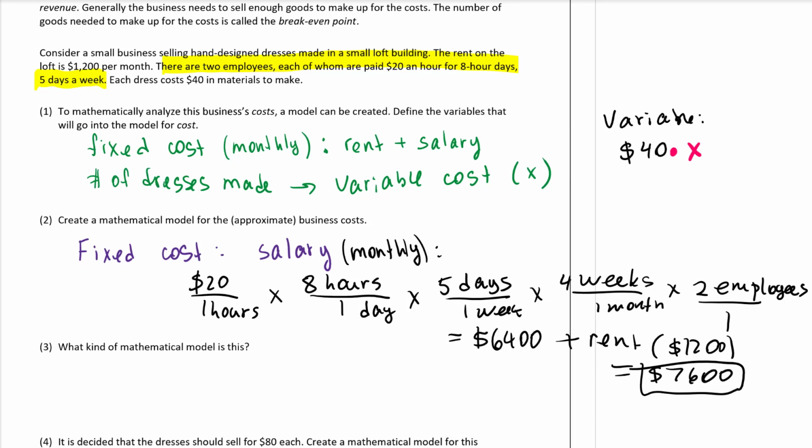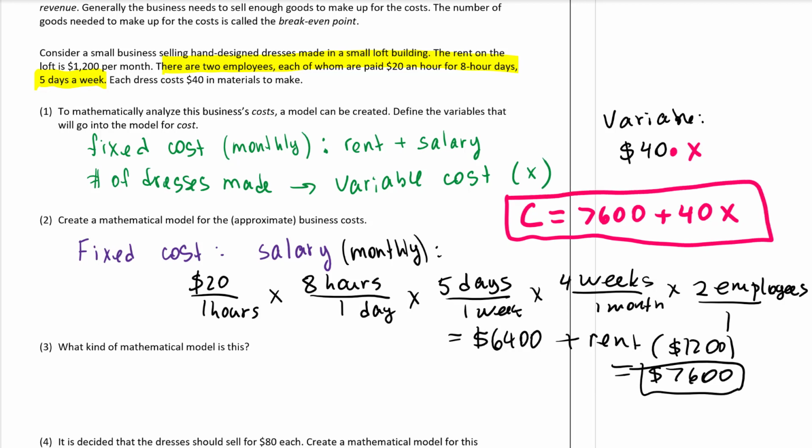Okay, so now our cost model is a starting value, which is $7,600 that you pay for everything, plus another $40 per dress. So this is the cash that you will have to spend each month. I want to emphasize this: it depends on how many dresses you make. Of course, the more you make, and if there's demand, then you can sell more, and potentially